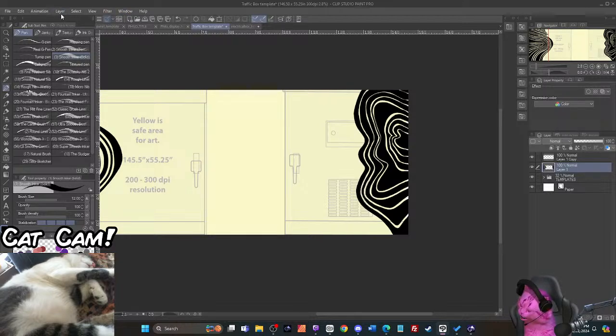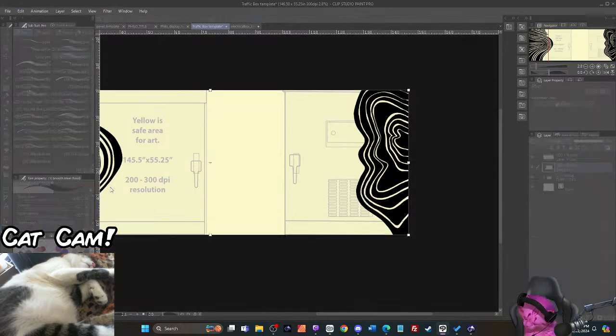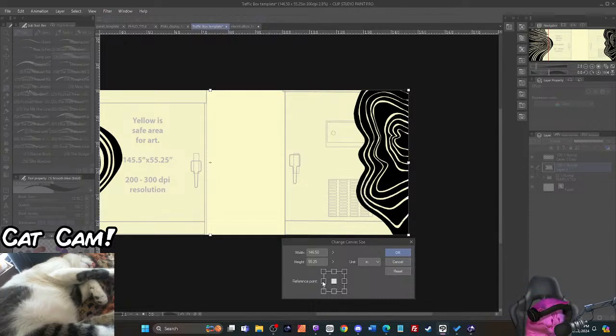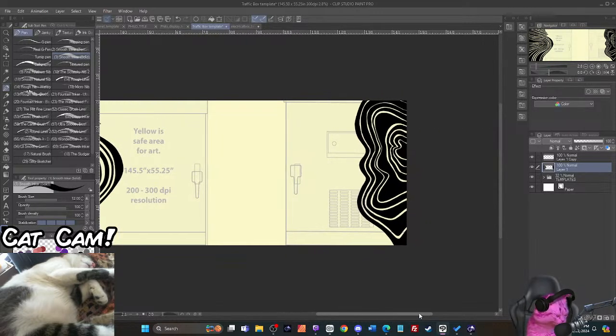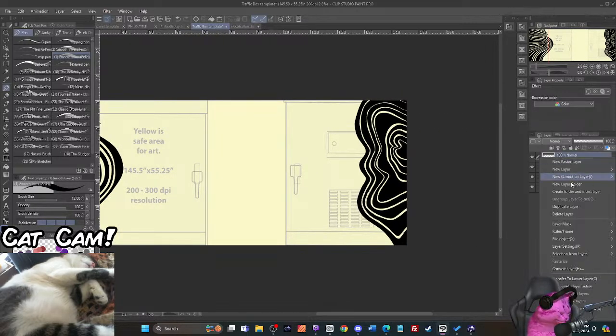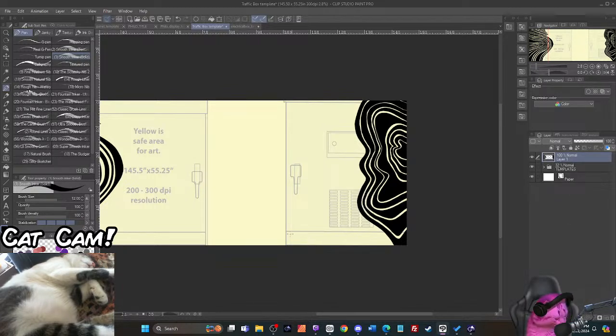We're going to change canvas size. We want it from there, and then 145 again. And so that removes that 1 inch. As soon as my computer thinks about it for a second. Come on. Okay, there we go. All right, and then I don't need this one anymore. Okay. And here we are. Now we're back